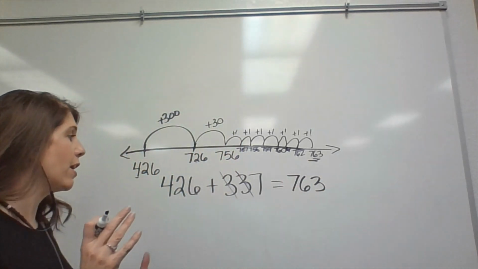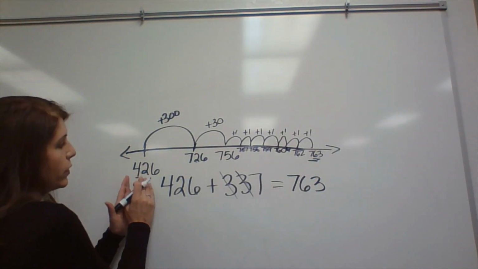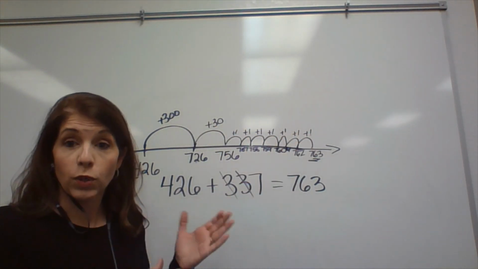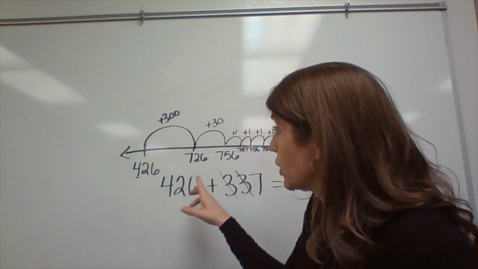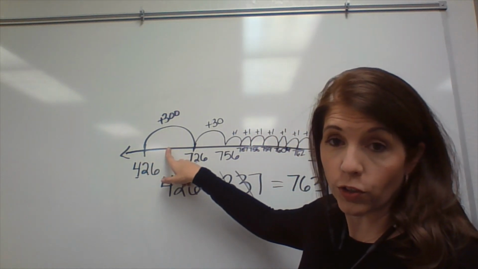So whenever we have the addends already given to us, we need to create the number line. So we start with that first addend and then do the hoppers in whichever configuration works for you. So you could do the hundreds first, the tens first, the ones. You could split the ones up. Like you could have done just 4 of the ones here to make it be 430,